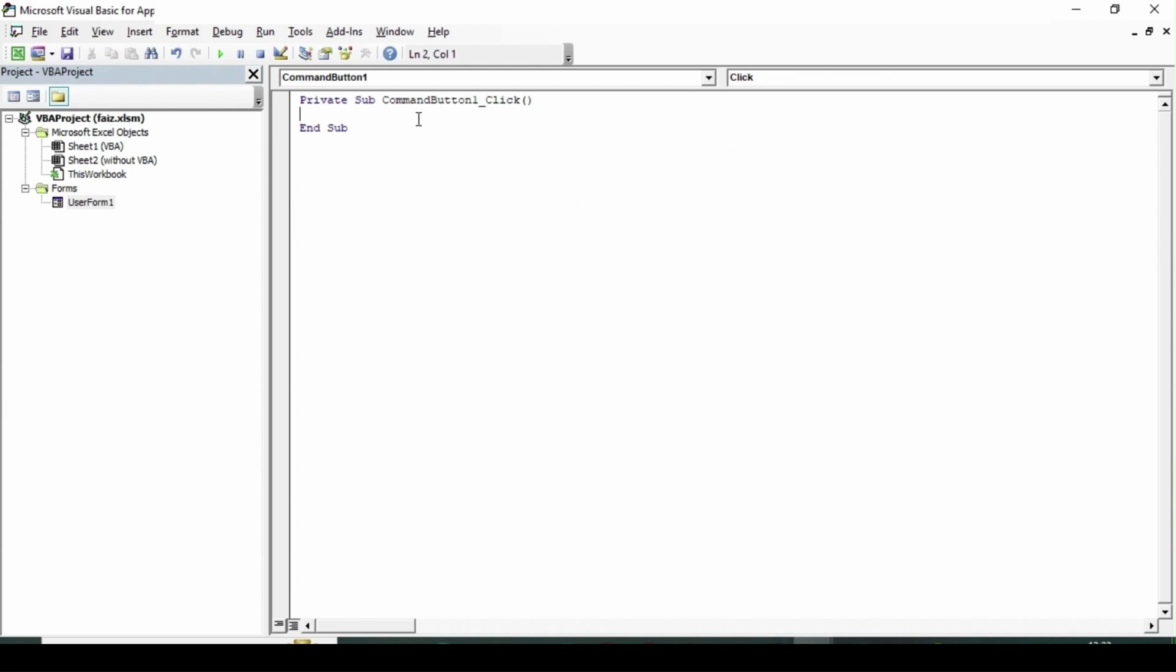So just double click on the submit button and it will give you this, as you can see over here: command button one, and we are commanding on the click. Whenever we click on the command button one, what should it do? So we have to first write the code for